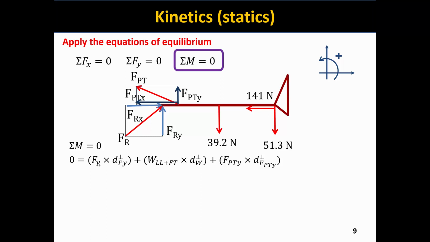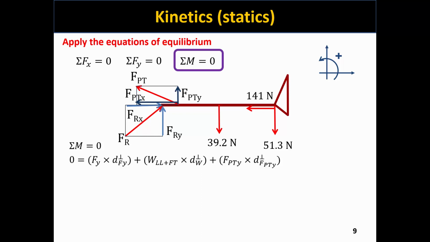And so I have the force of the elastic band in the y direction times its moment arm, and the perpendicular symbol here indicates that this is the perpendicular distance of the y component of the elastic band. Once we determine that product, we're going to add that to the product of the next vertical force, which is the weight of the lower leg and foot, times its own moment arm. So how far away is the line of action at a right angle from the point of rotation, or the knee joint? And it's this distance right here. And as we continue to move